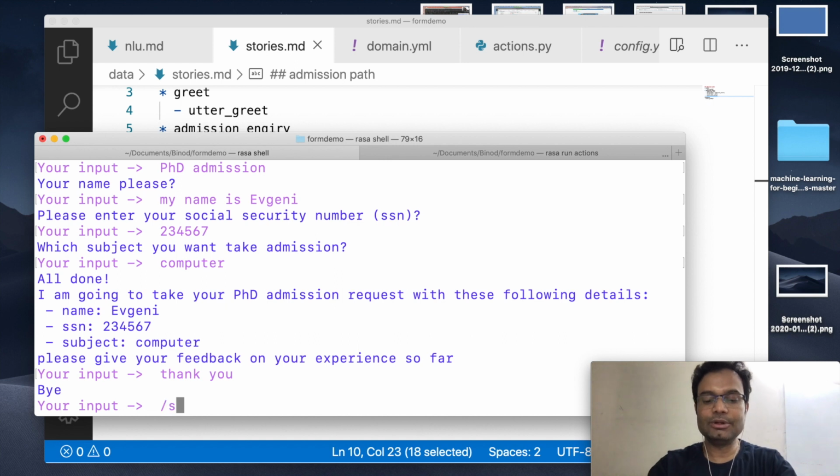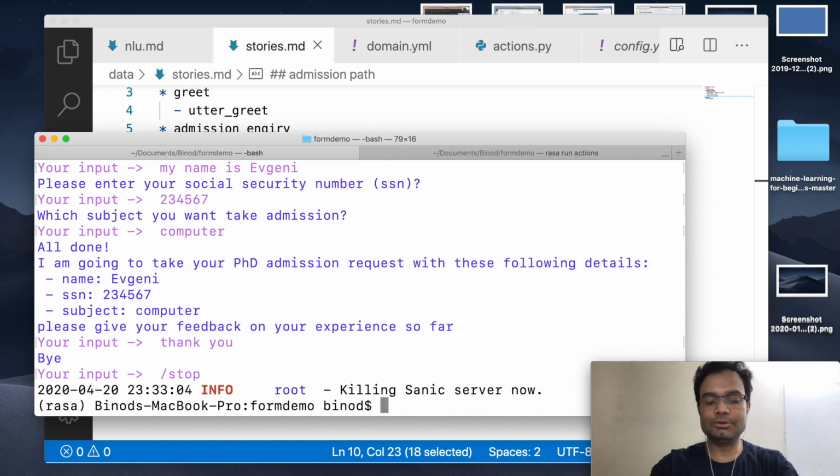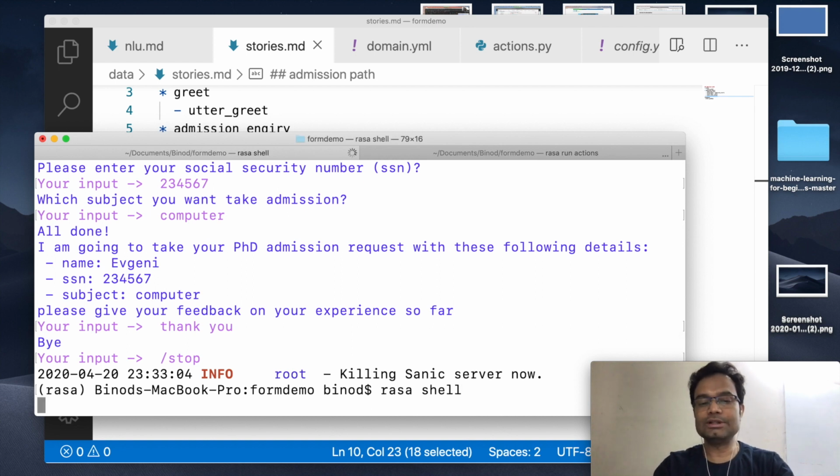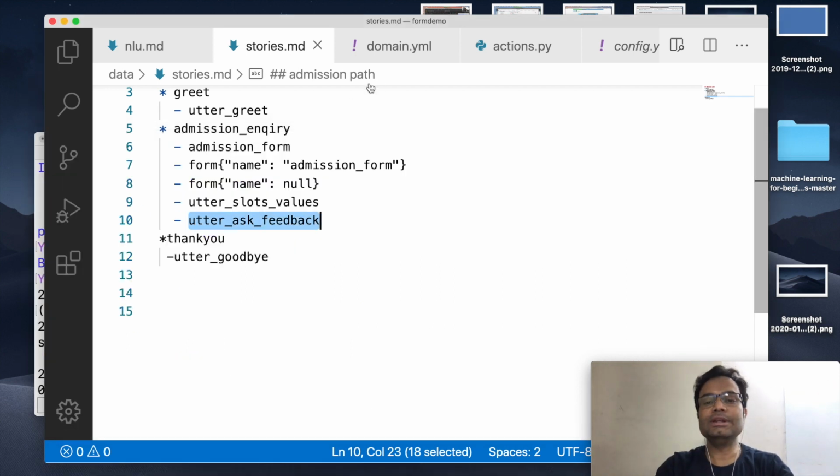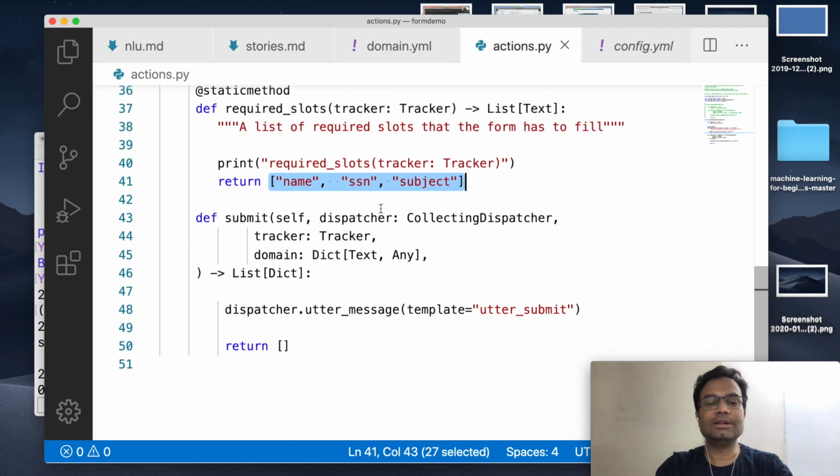Let me show something new again. What I will do this time: as the form needs three pieces of information, right, name, SSN and subject, in the first message itself I will give the name without being asked by the form. Here our Rasa chatbot is intelligent.